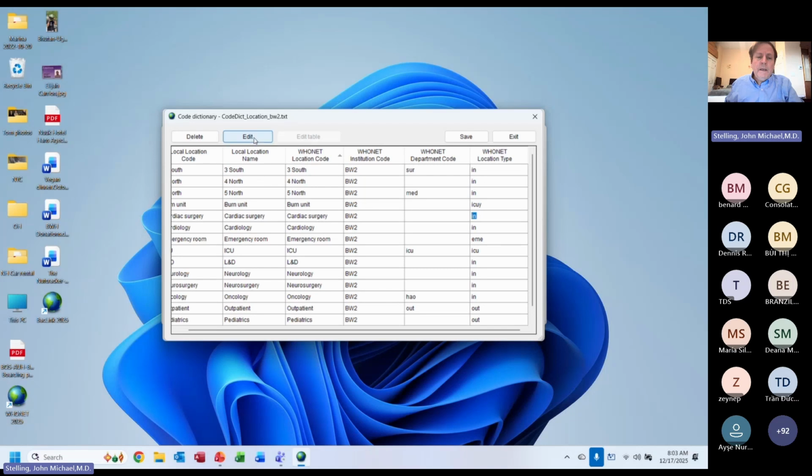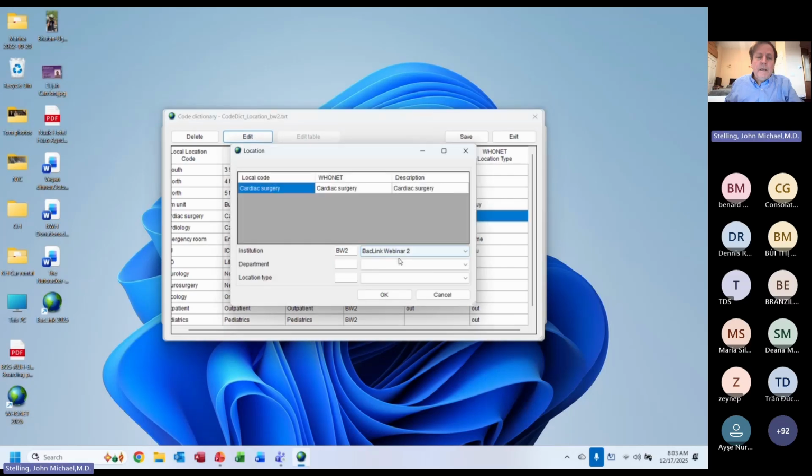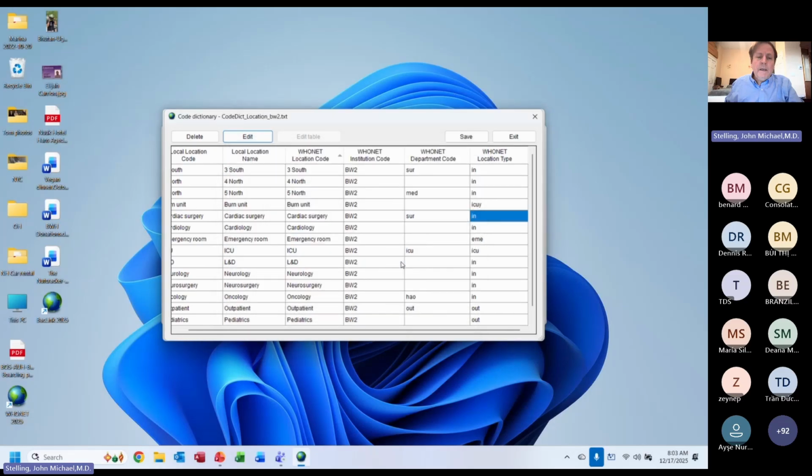Click on edit. Let's see, I'll do this for cardiac surgery. If I click on edit, then I can say department surgery, inpatient. So if you don't know the code, do them one at a time. If you do know the code, then just type it into the table. So that's new from last time. You can edit these dictionaries one at a time, or you can just load it into the table and just